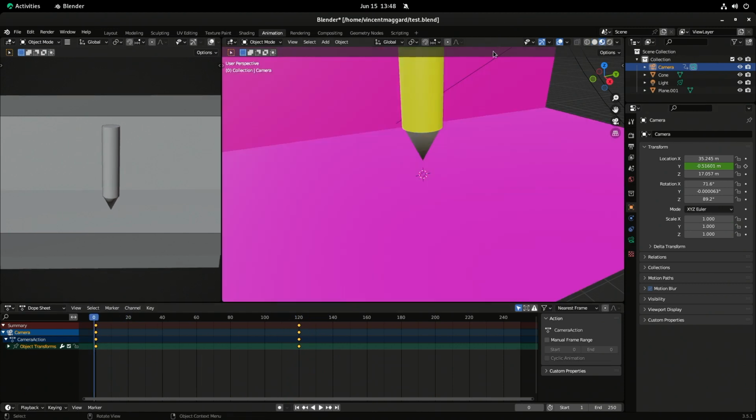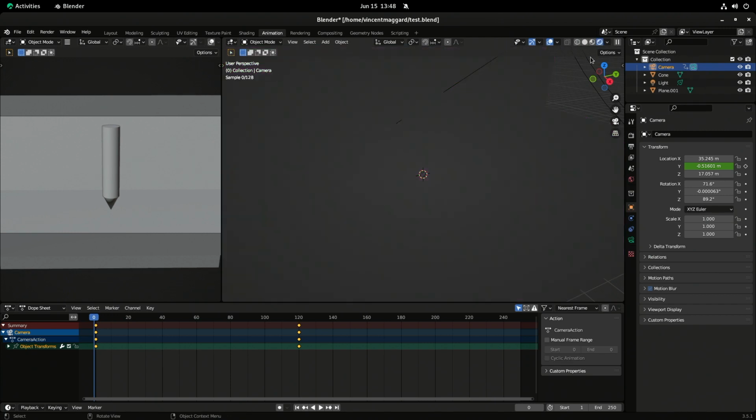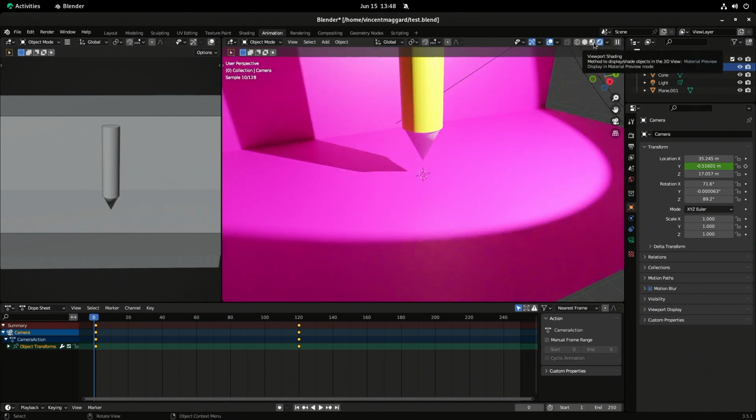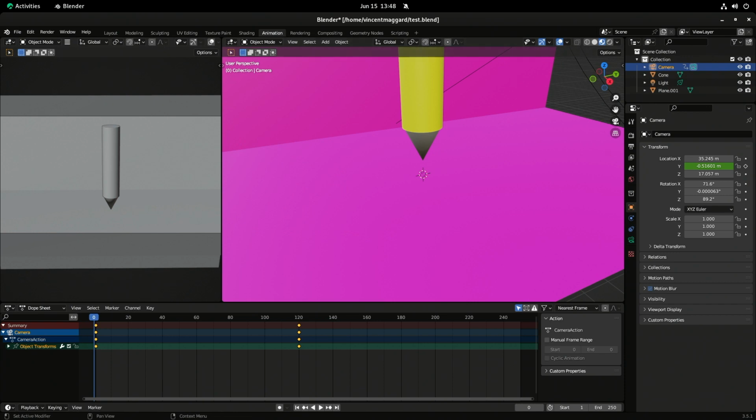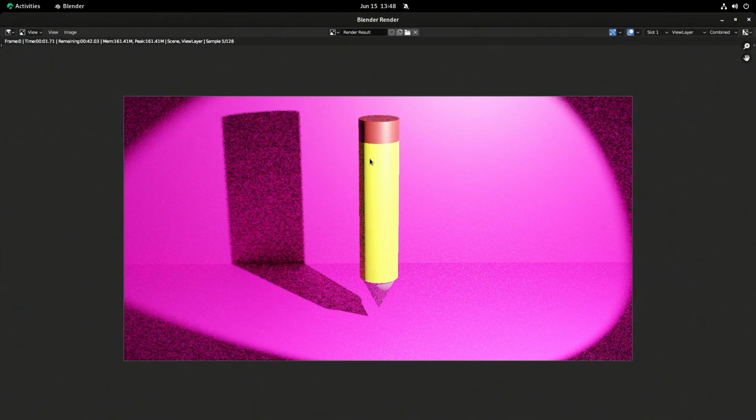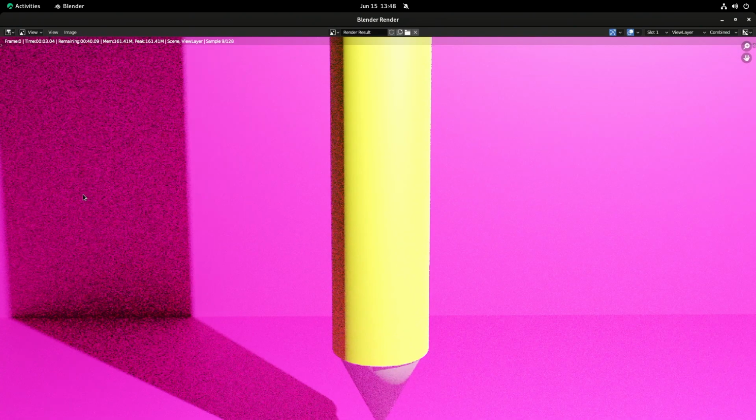And if I actually turn the shading back on over here, you can kind of see what it looks like if we let it render a little bit. So I will actually show you the full rendering experience here. So you can see all that noise and stuff there. If I zoom in, hopefully YouTube will not get rid of it. But you can see that it's slowly getting rid of more and more of that in the render.